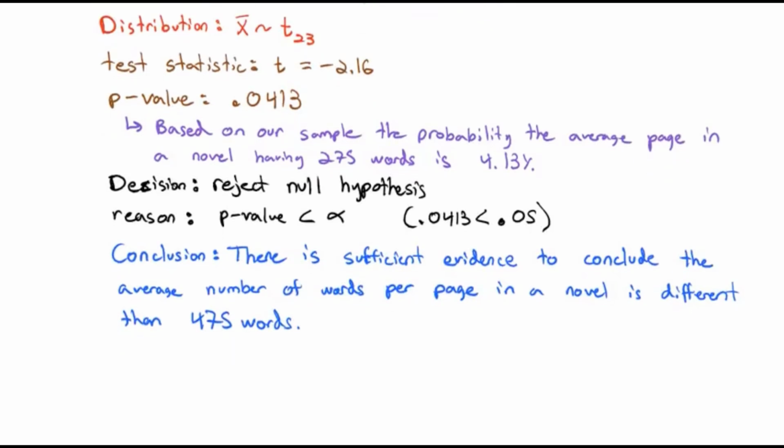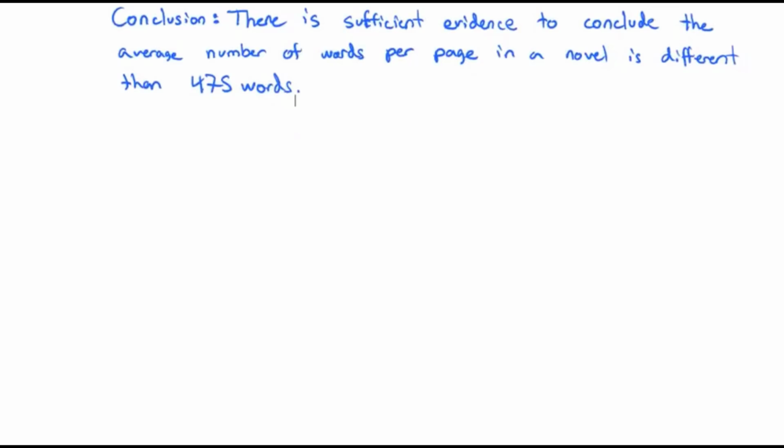Let's actually take this one step further and build a confidence interval for where we believe the actual mean number of words lies. Let's build a confidence interval, and let's just do a 95% confidence interval. Now, we know the distribution that we're dealing with. We know the degrees of freedom off of that are 1 less than the sample size. The degrees of freedom,